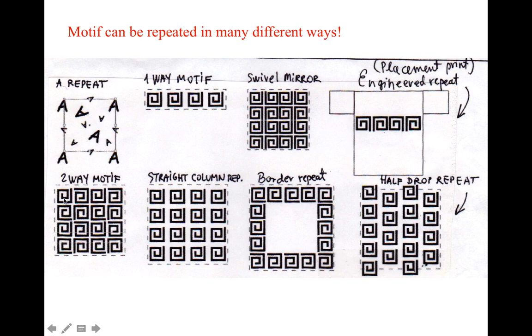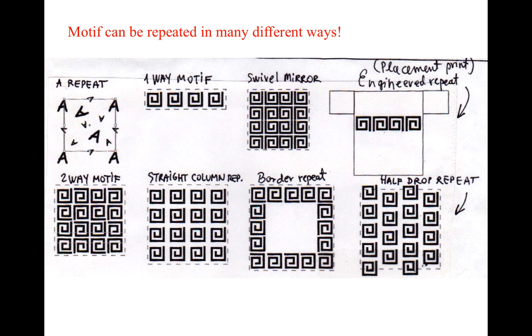There's also a two-way motif, so they're using two different ways of them facing in two different directions. You can also have a mirror, swivel mirrors, where they're just mirrored four ways. So they're mirrored up and they're mirrored down and they're mirrored to the left and the right. So as you can see, there's many different ways of repeating a single motif, and there's actually many more that